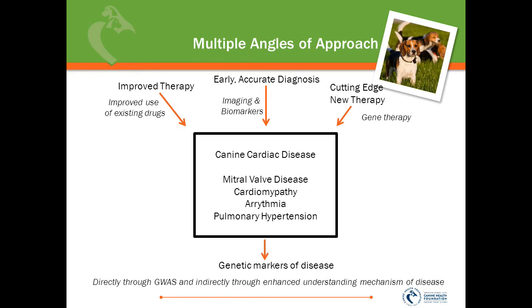We're looking to fund research that will help us diagnose disease early and accurately. We can do this through identification of biomarkers or biological markers that define cardiac disease. We can also improve some of our imaging technology. And we're also looking to fund cutting-edge new therapies, such as the gene therapy grant we funded last year. Ultimately, once we come at these different problems from all of these different angles, our goal is to have genetic markers of disease, and that will help us improve some of our breeding programs